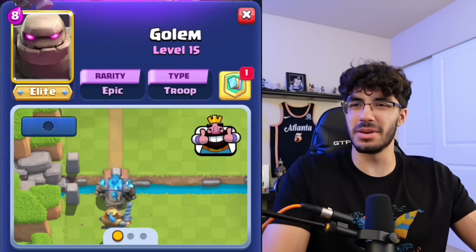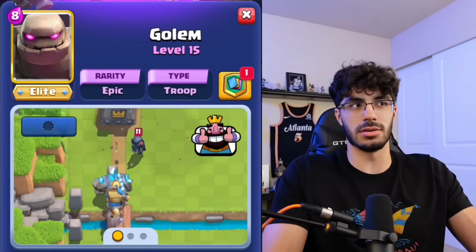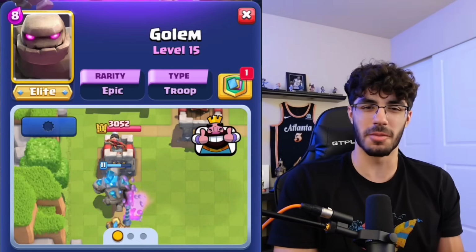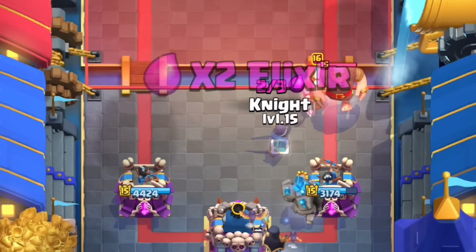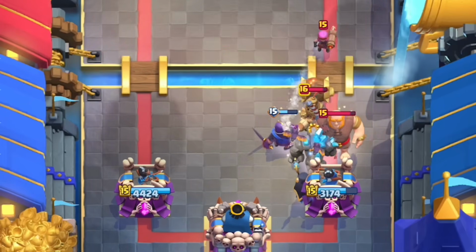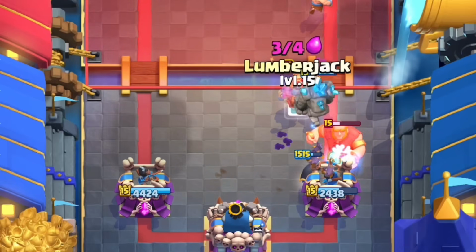Golem is a little bit similar to Lava Hound in a sense that it's going to be hard to go Golem and then just play defense in the lane, which is why you're going to see Golem paired with things like the Bomber usually, and you usually want to pair Golem with Night Witch. It's a really successful combo, but a lot of successful Golem decks right now are control decks, so you're going